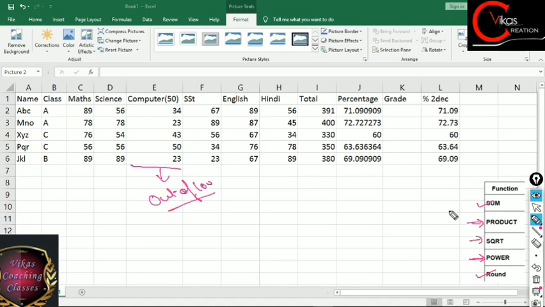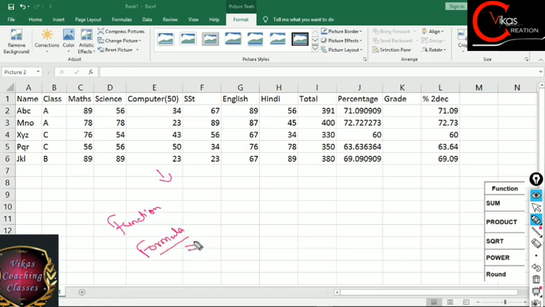So now I have two options. Either I'll do this task manually, or I can use my brain. I will just apply some functions and then I'll do so. So what I'm doing right now, I have two options to do. Either I can use a function, or I can use a formula. Well, if we are writing a formula, so in this case our formula will be like this, the shortest process. We can write E2 multiplied by 2. Fine. And if we are writing function, then we have to write equals to product, then E2 comma 2. It means we have to multiply E2 and 2.